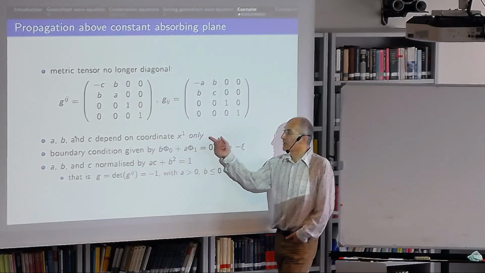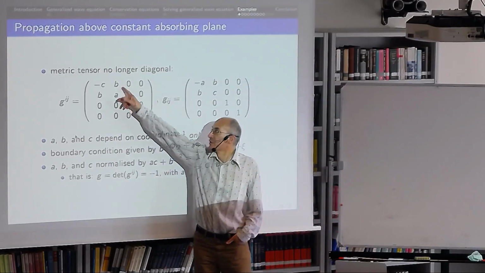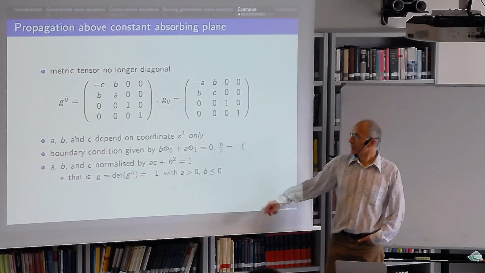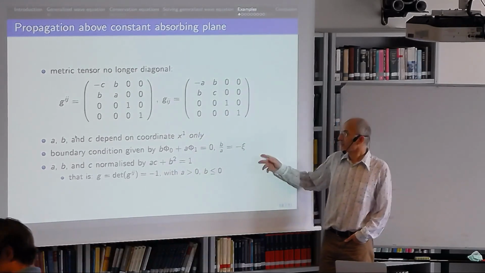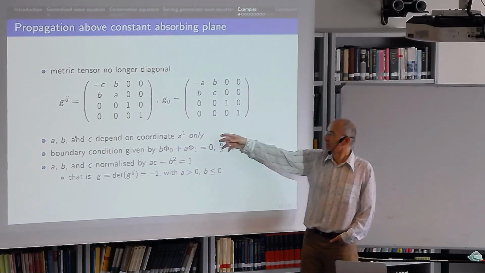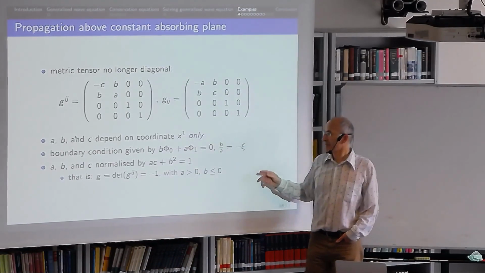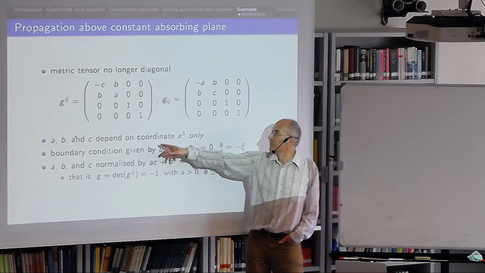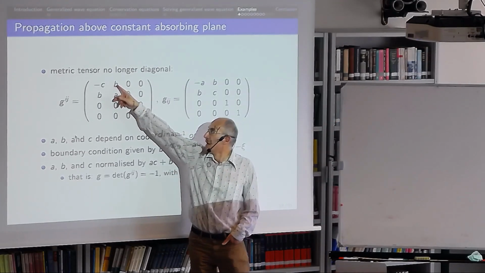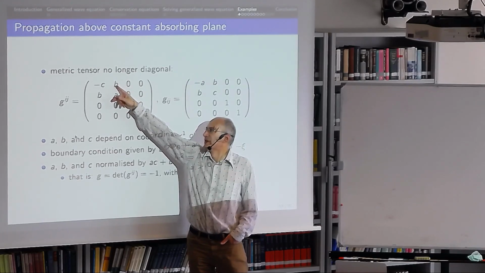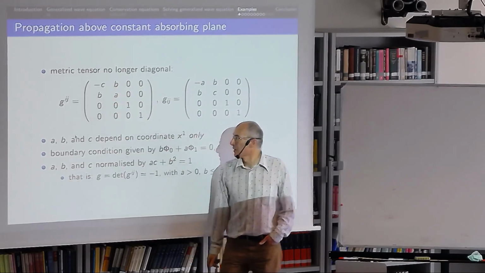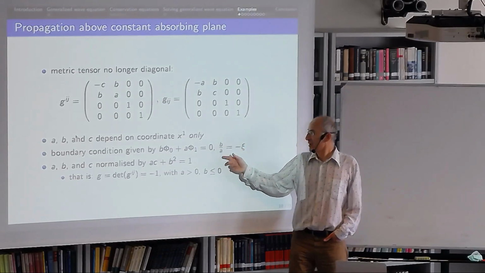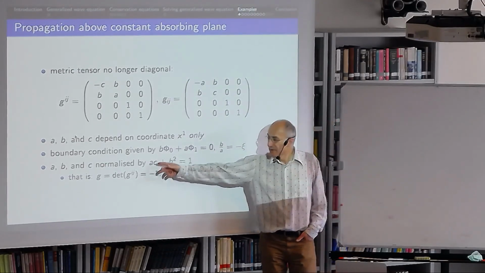The first one, I consider that these coefficients A, B, and C depend on coordinate x1 only. And the second one, I will generalize the case. So the boundary condition is, of course, given here. This is the value of G01, and this is G11. So this will be given by xi is B over A. And we normalize it by